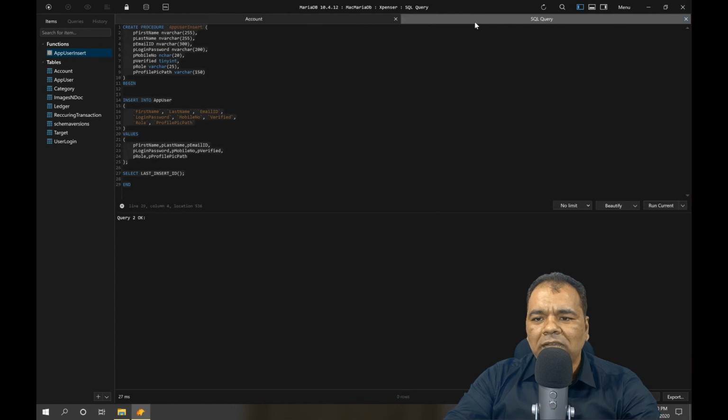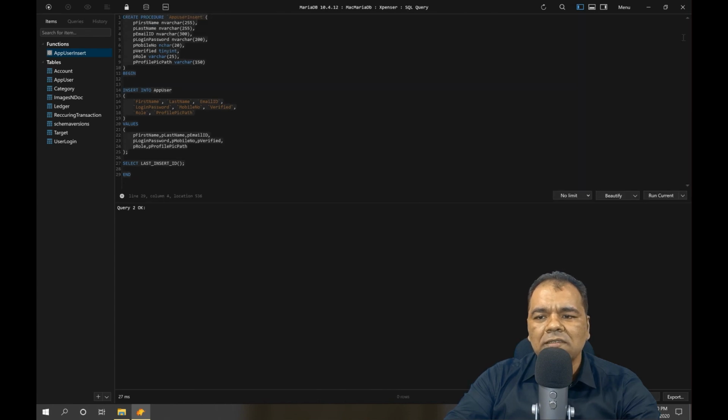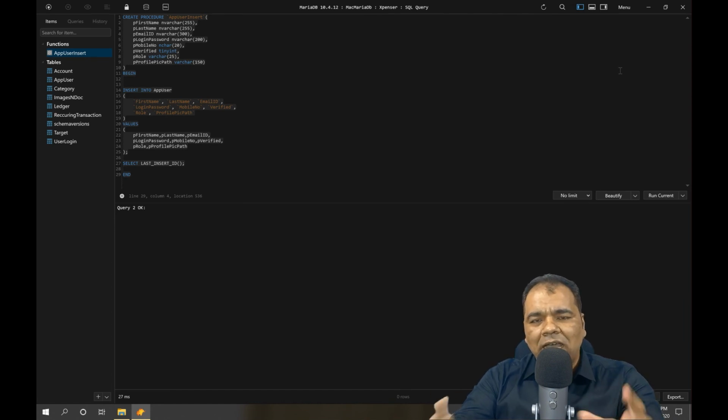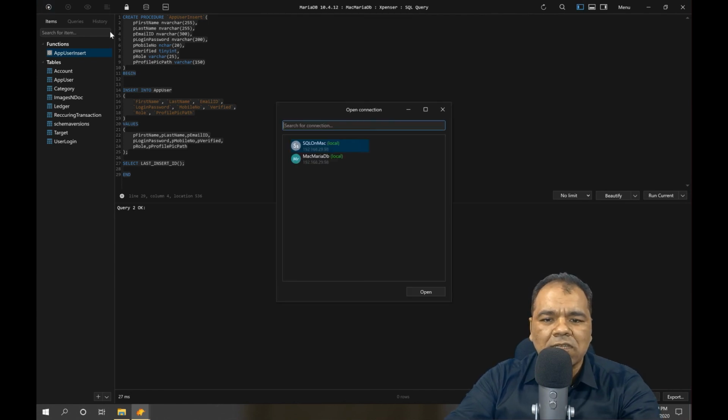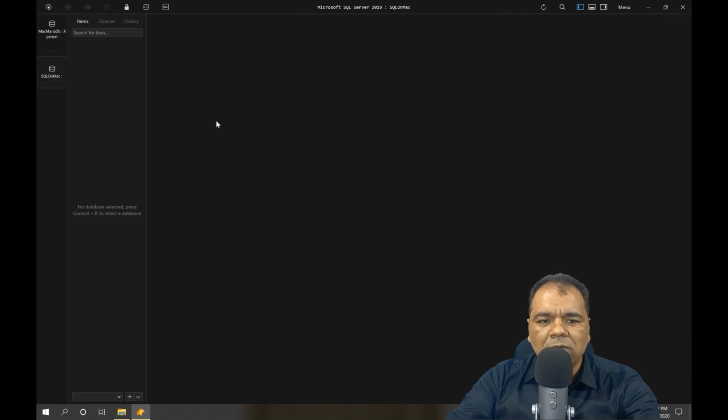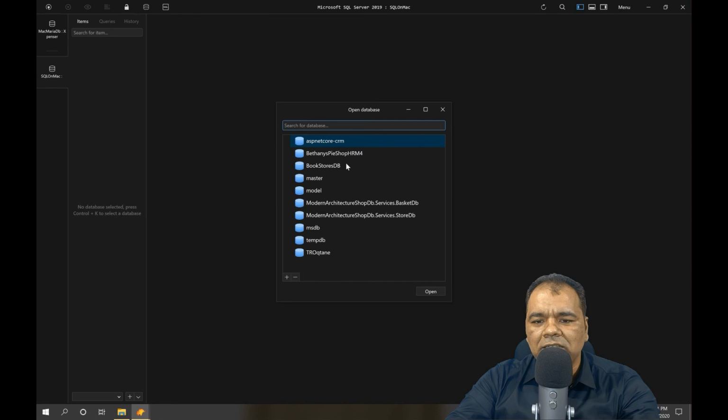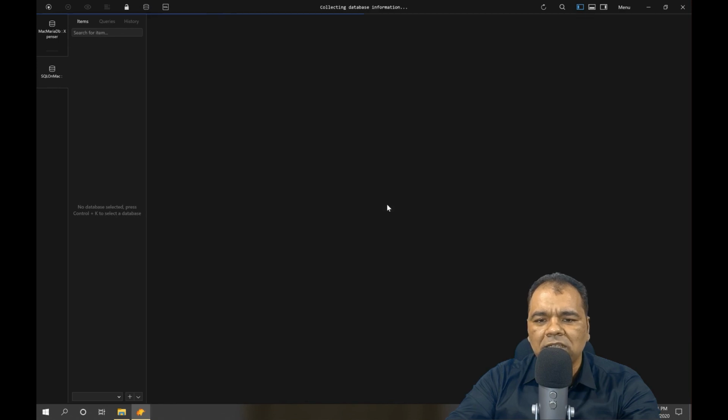As you can see, this is a complete multi-database solution. You can connect to SQL Server, and to all the databases listed here: MySQL, SQL Server, Postgres, and NoSQL databases also. I have just shown you two examples, MariaDB and SQL Server. Let me connect to SQL Server once again. I will click on this one, SQL on Mac, double click it, and select a table. This time I'll select the basket table.